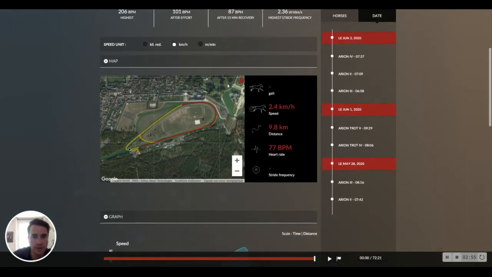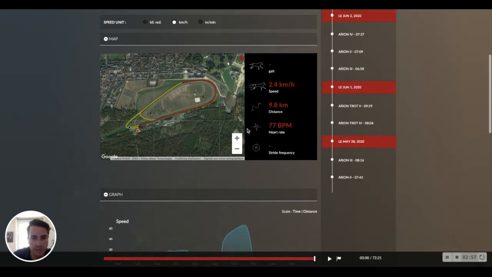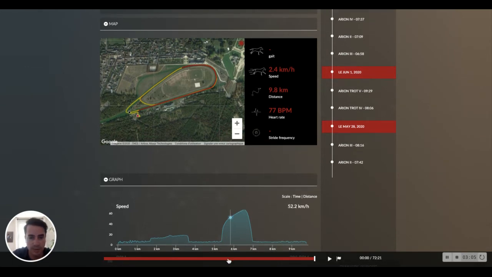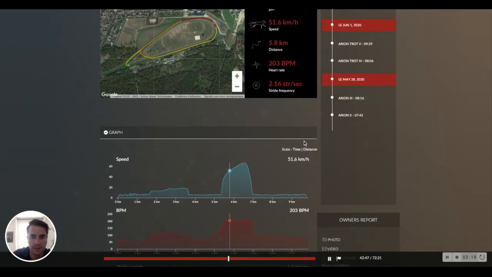Under this, we have the map of the training with the automatic gait detection. In yellow will be walking time, orange trotting, and in red the gallop. So the goal of the map is to be able to replay a specific part of the training. For example, I can move here with the red timeline. When I press on play, I will see the little point moving, and with the evolution of the data here, same thing, I know exactly where I am on the graphic.